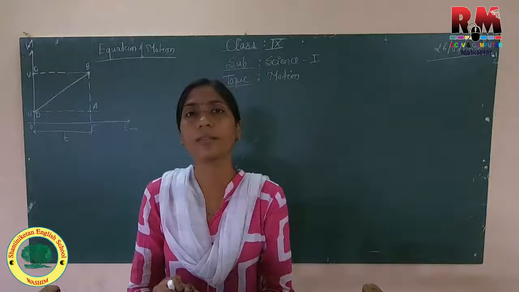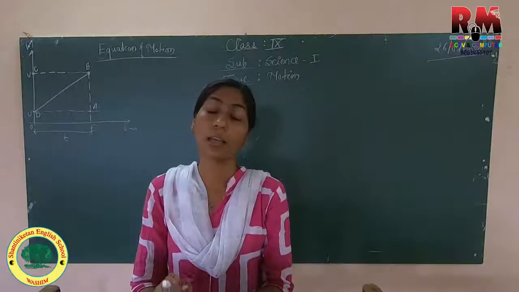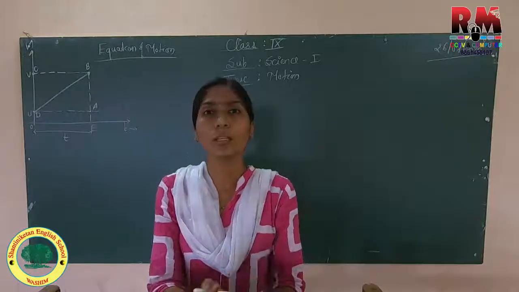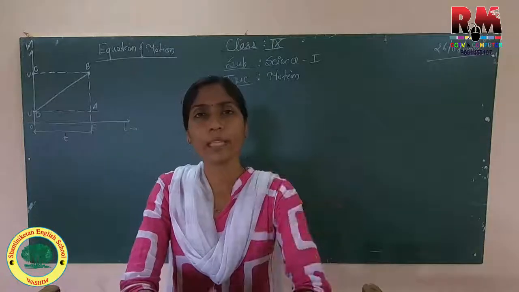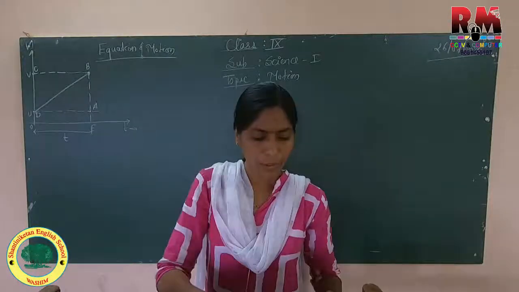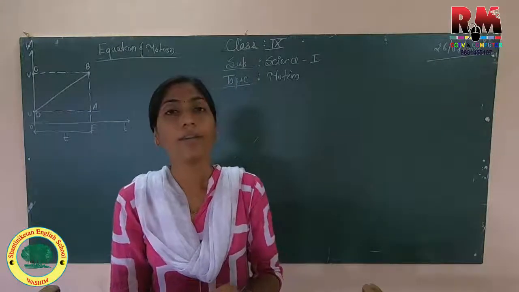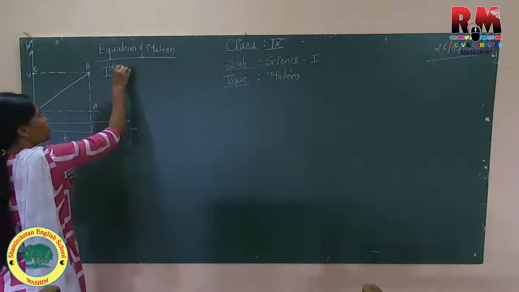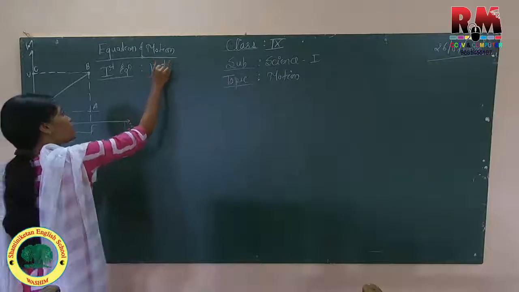These three equations are the most important equations in physics. Okay, so regularly you will come to know we will use these equations, and by using these equations we can find certain values. Out of these three, very first we are going to see the first relation, between velocity and time.